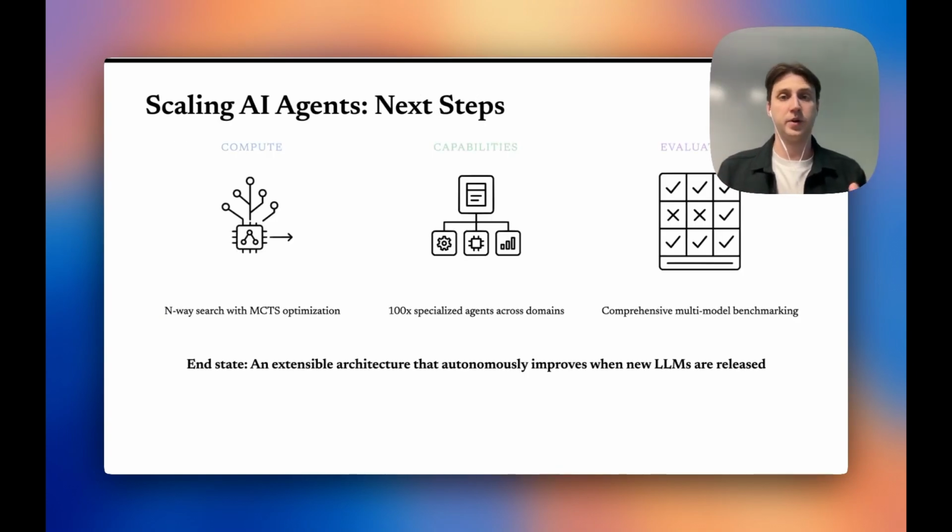Now, looking ahead, we are scaling our AI agents across three main dimensions. The first one is compute. We've learned that using more compute in general improves the performance of the system. So we are implementing n-way search using Monte Carlo tree search to more efficiently explore solution spaces. Essentially, at each step, we would ask the LLM to provide, let's say, 5 instead of 1 answers and choose the best one. And for capabilities, we're aiming to develop 100 times more specialized agents